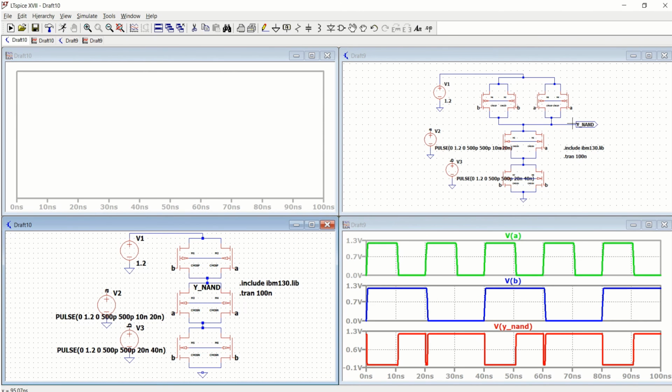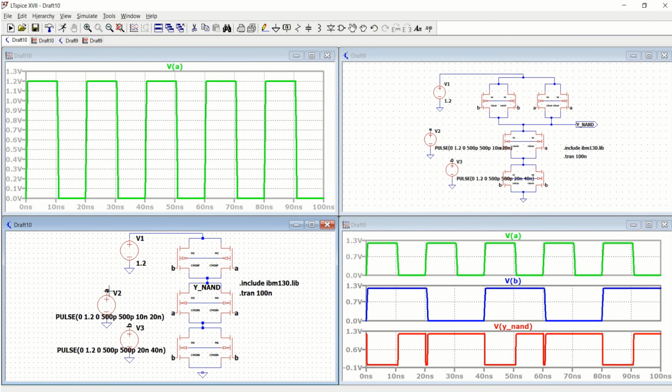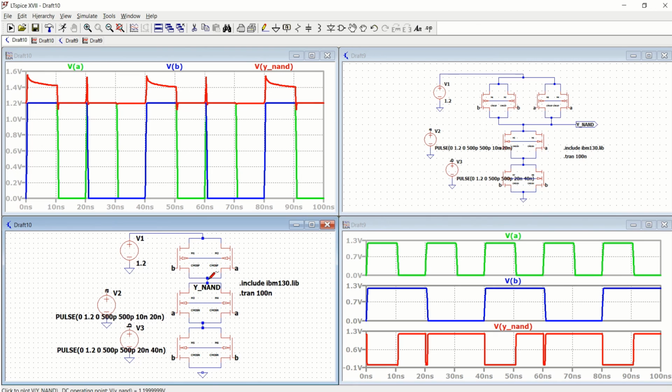So this was done for the short gated FinFET, and this is for the independent gated FinFET technology. So click on the A input, B input, and want the NAND.